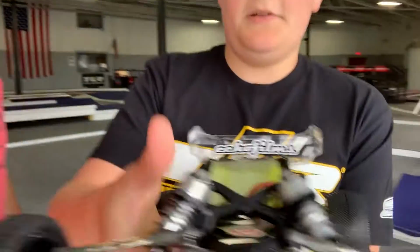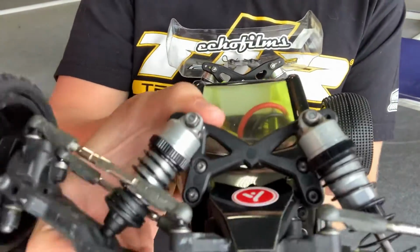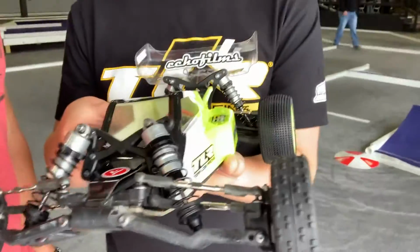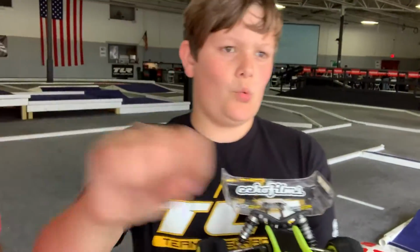Well, we've cleaned the shocks. They were absolutely disgusting. So what does cleaning the shocks mean? Like, what else do we do? We took the shocks off, took them apart, and drained the oil, and the oil was absolutely disgusting. It was brown and horrible. That's the first time we've ever changed it. And it's only been about 9 months since you got that car, so we probably should do that